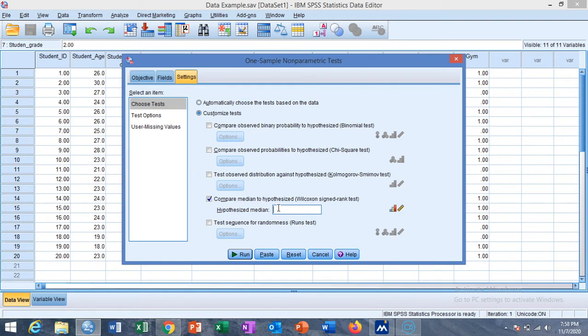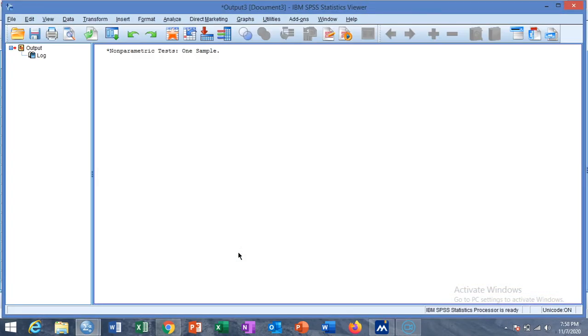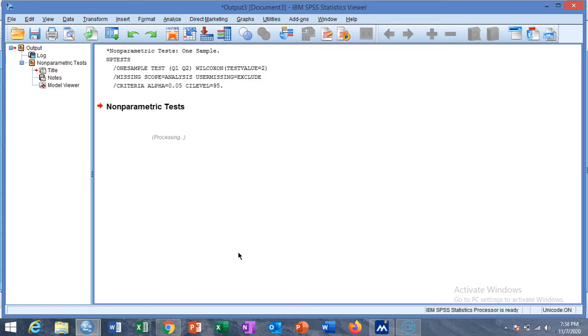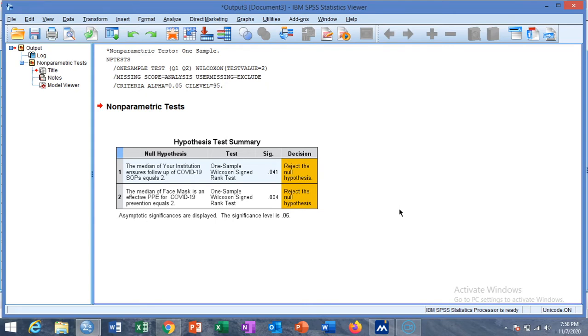For example, we say that the population median is 2, then run the test. You will see the output. The median of "face mask is an effective PPE for COVID-19 prevention" equals 2, with a p-value of 0.004.